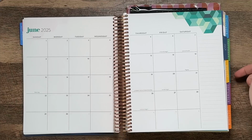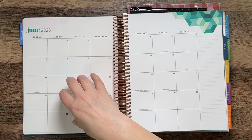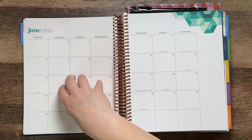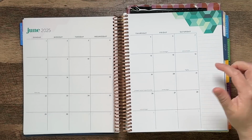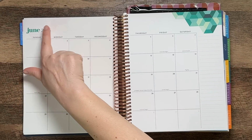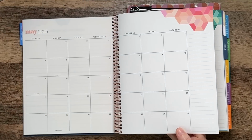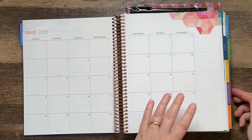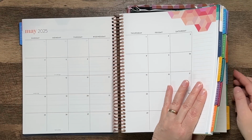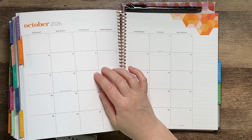I ended up using, I think it was October and November of 2025 as May and June 2024, and I relabeled the month, but the days were the same. I just had to put a label over this. So technically, I could do the same thing this year. I could use this as the May monthly calendar, and then in the back use October as the month of May,